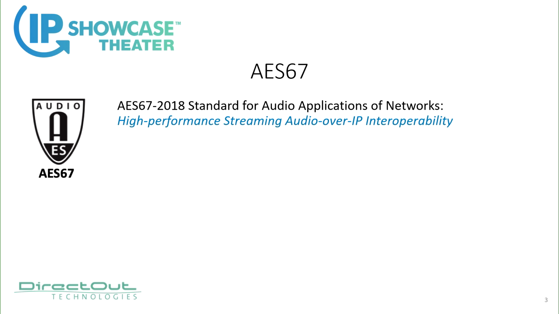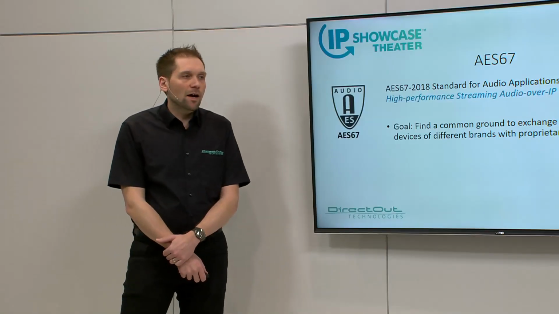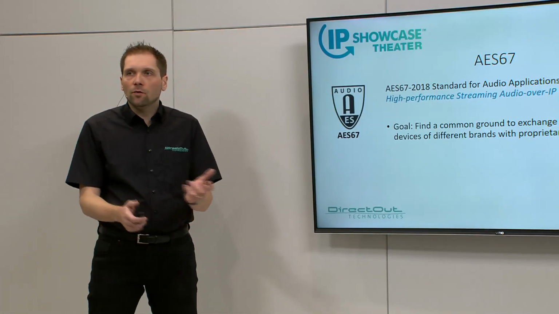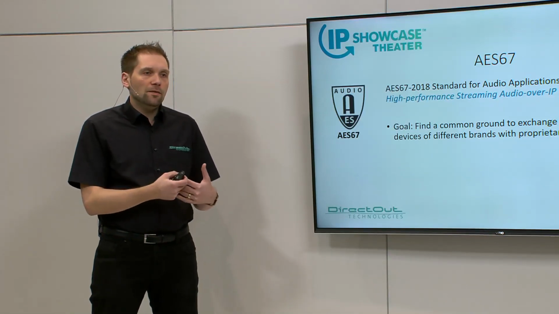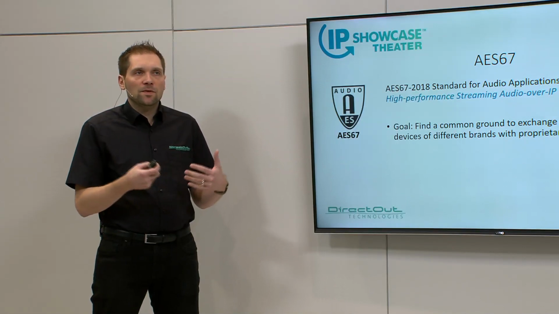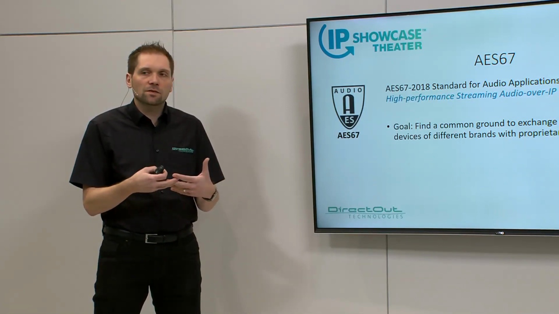So AES67 is an interoperability standard for media over IP, and the goal of this standard was to find a common ground to exchange audio or media between devices of different brands that already had proprietary IP implementations. So those devices might have already had audio over IP in place, but they were not talking to each other. And the AES came up with a standard to provide exchange on the common ground between those devices,